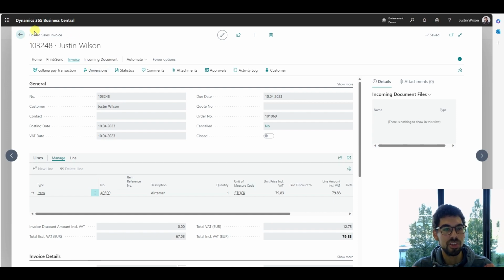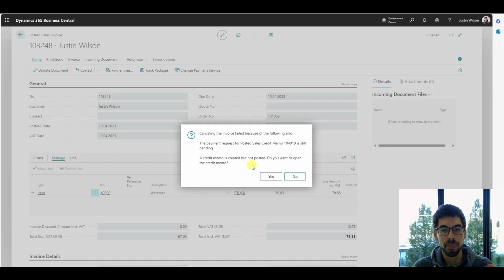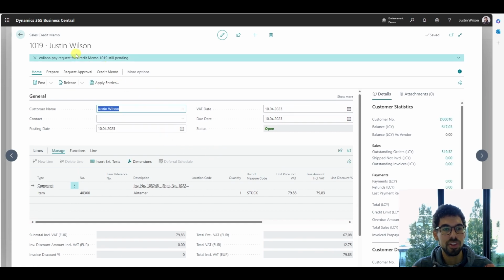We are still in the posted sales invoice, and for example, if the customer sends articles back or doesn't want his order anymore, we can cancel this sales invoice and create a credit memo. We can see that there's again a message that Collana Pay is holding up the process to process the payment. If we want to open the credit memo now, we can see that there's still a Collana Pay request pending. So we can have a look again at the Collana Pay transaction